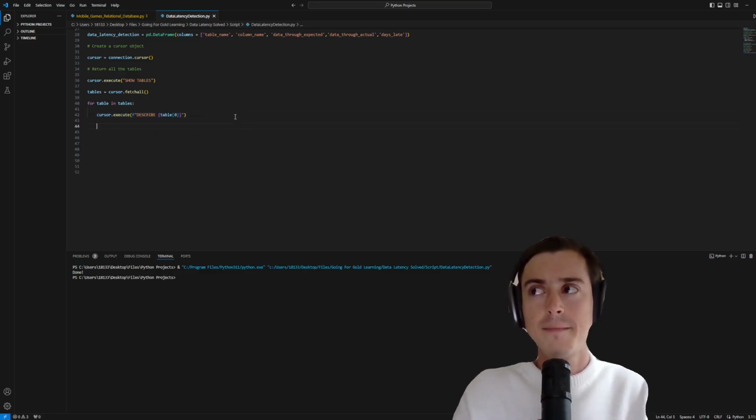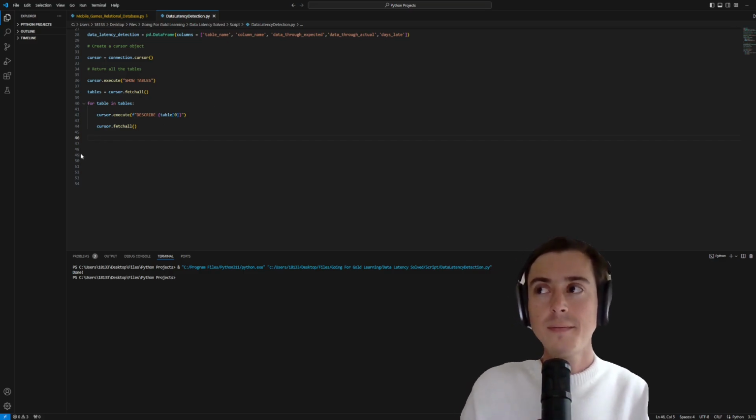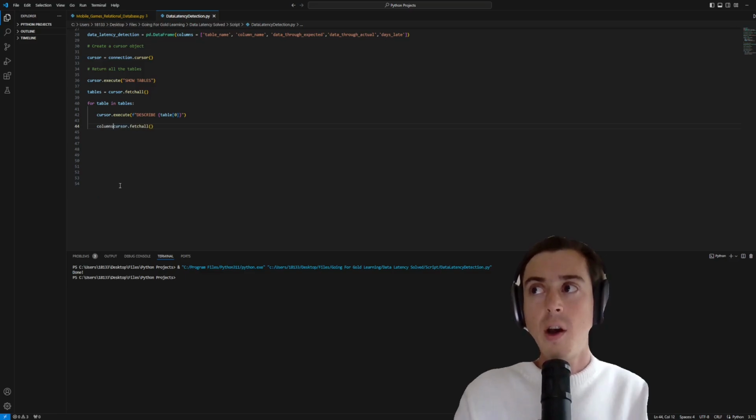Great, that's going to return all the columns for that specific table. So we're going to use the same command to return all of those columns. It'll be the same fetch all command, but we need to save it somewhere. So we're going to say columns equals